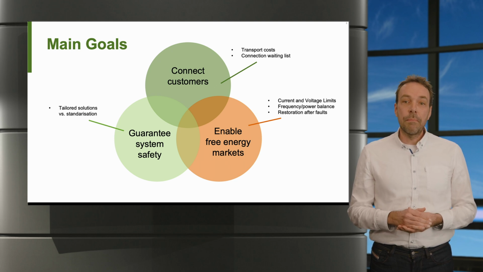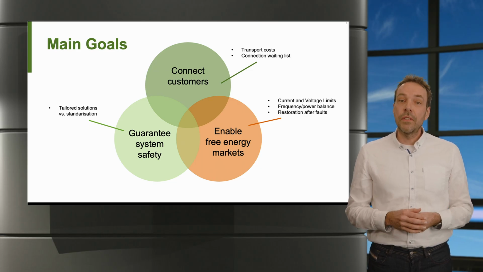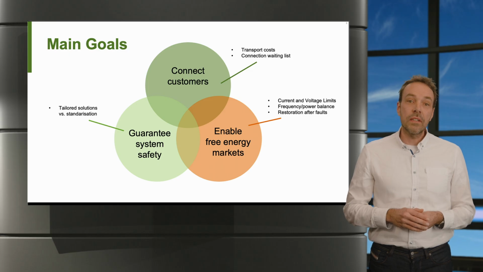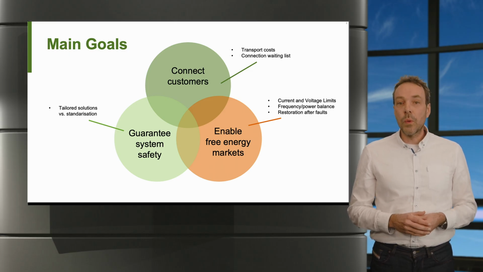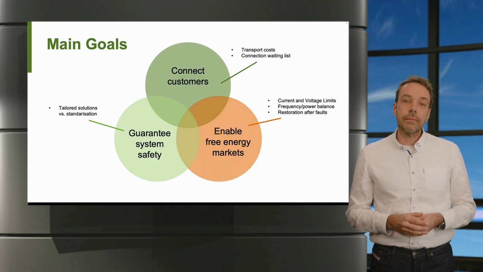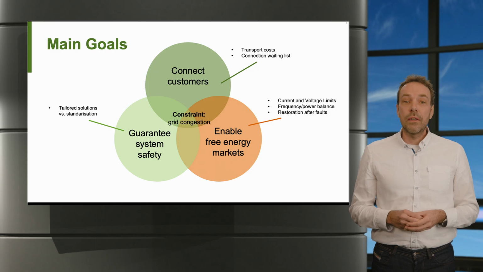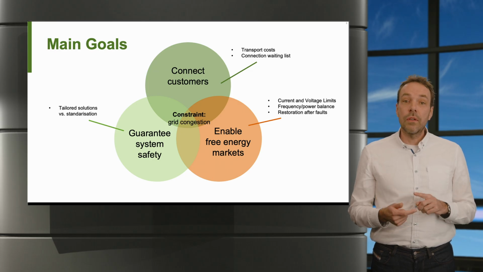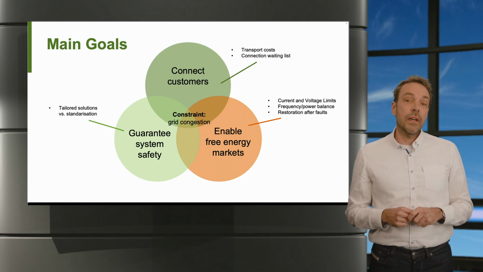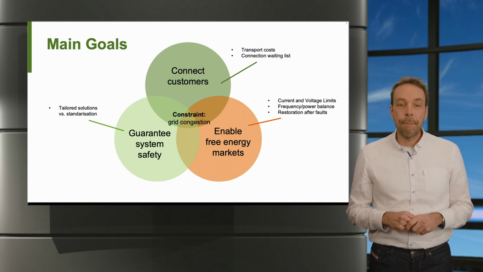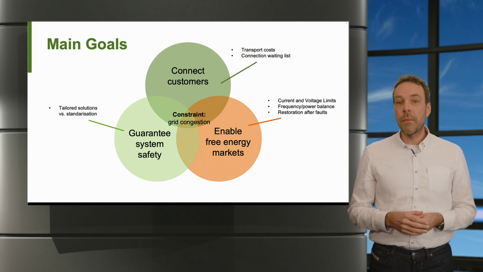We must keep the power balance in our grid area as promised and avoid violations that trigger protections and create outages. And we must be able to restore the grid after a fault. And what ties these together are the grid constraints, currents, voltages, but also the ability for grid restoration after outages, and many more. These limits must be managed operationally together with market products.